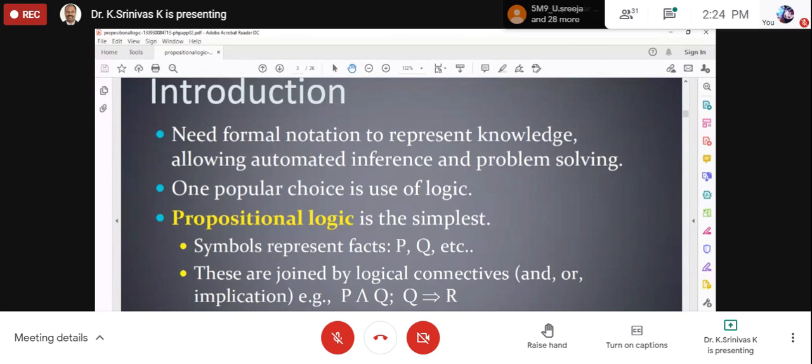As an example, I'll tell you: if the temperature is less than 40 degrees today, and if my mother is in my house, then I will come to your home. Your friend is calling and you are saying that you just come down. You have some work at home, and it's also summer, but your friend is very much requesting you to come. Then you give a propositional logic saying P: if the temperature is less than 40 degrees centigrade, condition 1. Q: if my mother comes back from the office early, then I will join you.